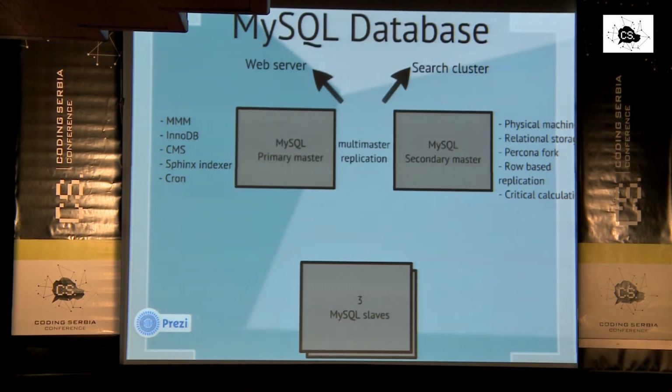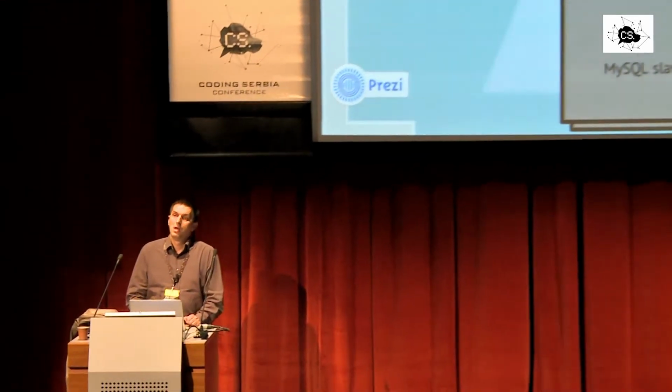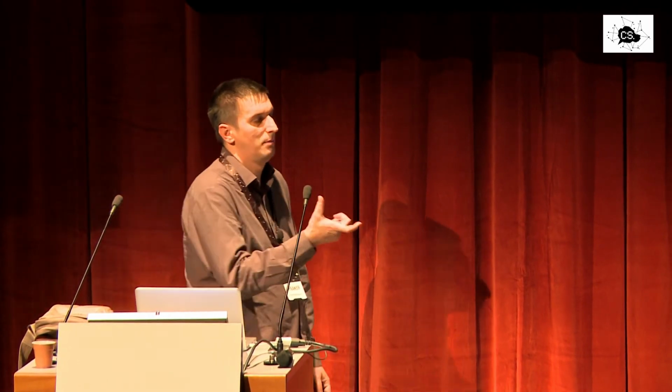Also, with Sphinx you want to index the whole database, so all 100 million rows, but it will take time, obviously. So what we are doing, and what Sphinx is offering support for, we have one main index once a day, and we have delta indexes every like 5 minutes, 15 minutes, depends on the complexity of the indexes, and they are added to the main. The deltas are adding differences to the main index, which allows us to